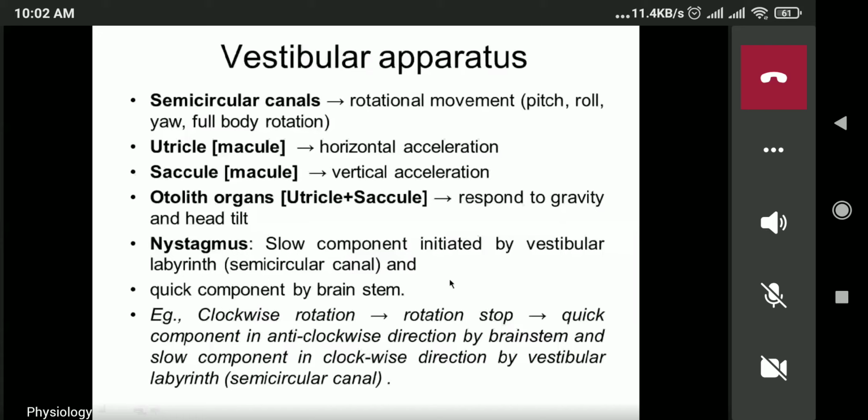So in that way, by seeing the nystagmus, you can test whether the organ, the vestibular apparatus, is all right or not. That is why you must know what nystagmus is, right? Up to this, is it clear? Clear, sir. Should I tell it again? Should I repeat or not repeat? Should I proceed? Yes, sir. Proceed.